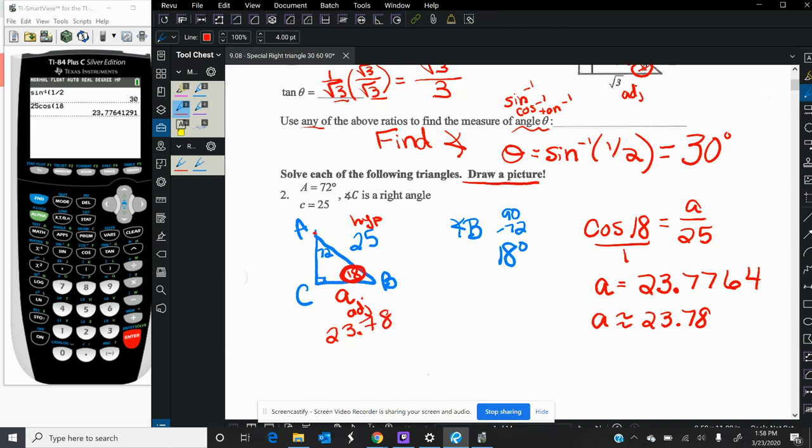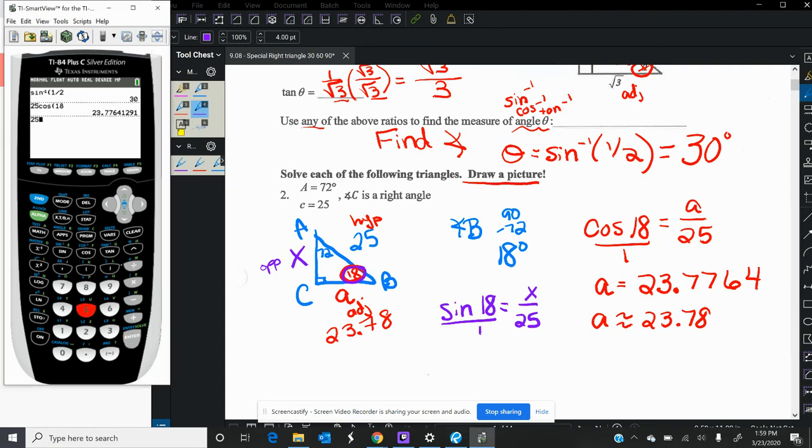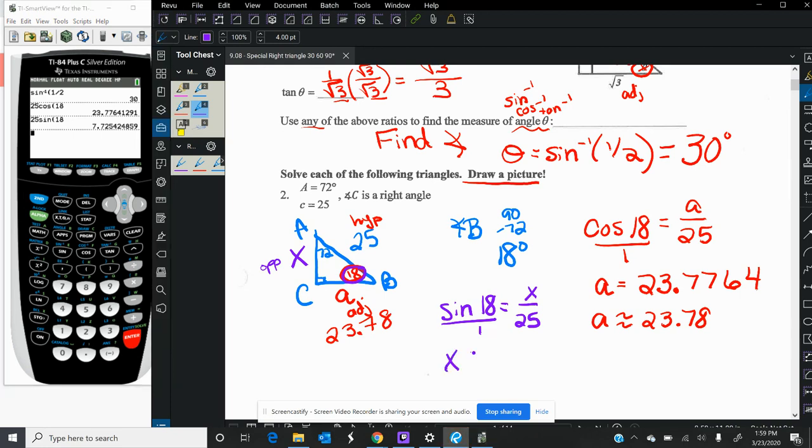Now to go over and find side AC, I'm going to put an X here. I'm going to set up another trig function. Now I'm going to try to avoid using the measure I just found because if I had done some sort of calculation error, it's going to affect the next answer. So to find side X, again I'm going to focus on my 18 degree angle. We have X is now the opposite side. So we'll use our sine function. The sine of 18 degrees equals x over 25. Cross multiply, we get 25 times sine 18 will give us that x is